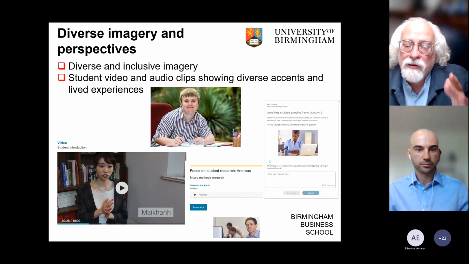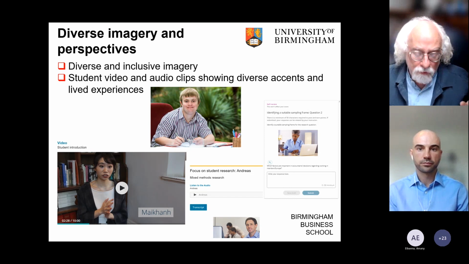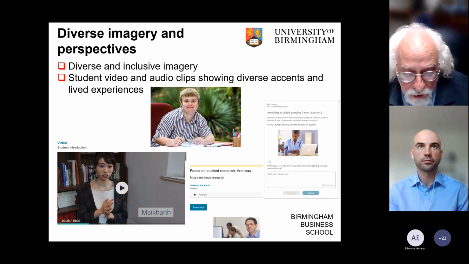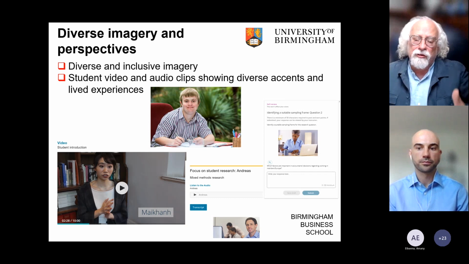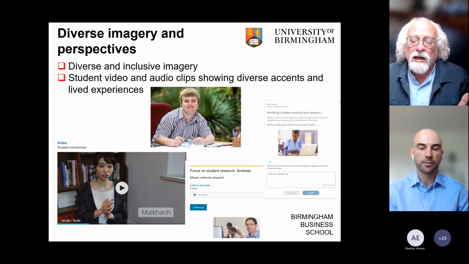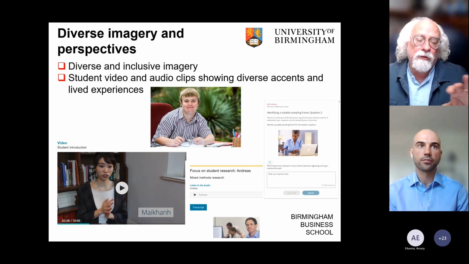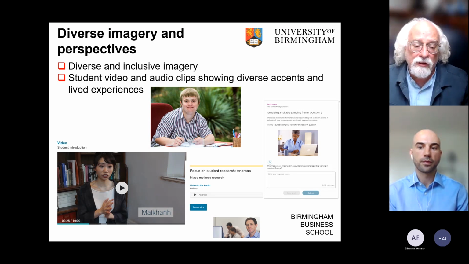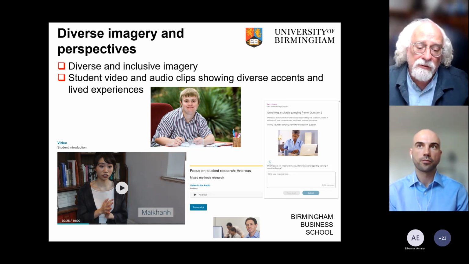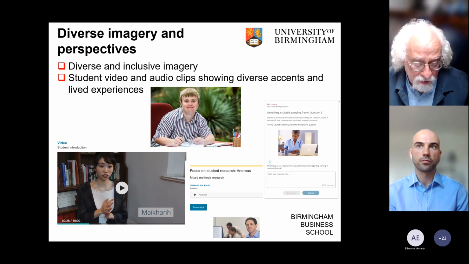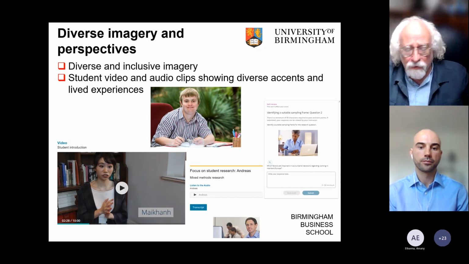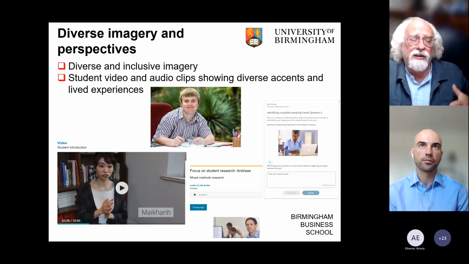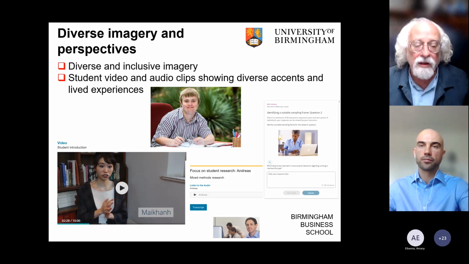What we've done there is with this identifying a suitable sampling frame question, we've actually got a person there talking through the question, and so we've linked that into closed caption. And then finally, we've got other illustrations of different people. As you can see a colleague writing, and then a different name with Andres when he's talking about his research and his mixed methods research. So we're bringing in different names, males, females, different ethnicities, and so on, people who are partially sighted, and so on.